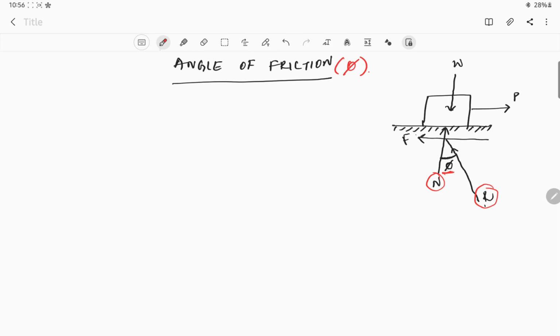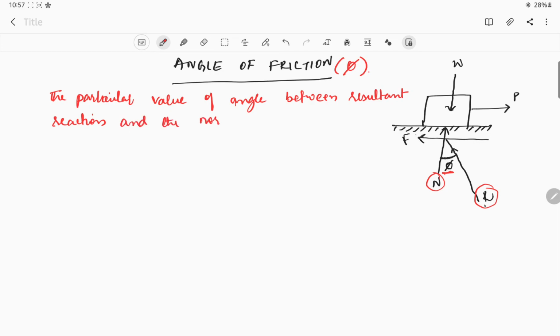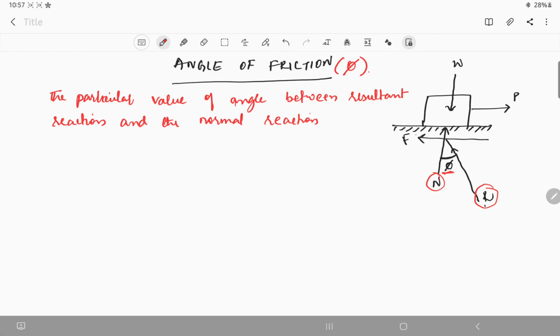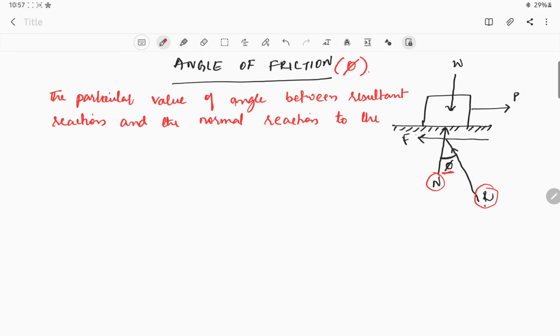The particular value of the angle between the resultant reaction and the normal reaction to the plane, when maximum frictional resistance is acting,